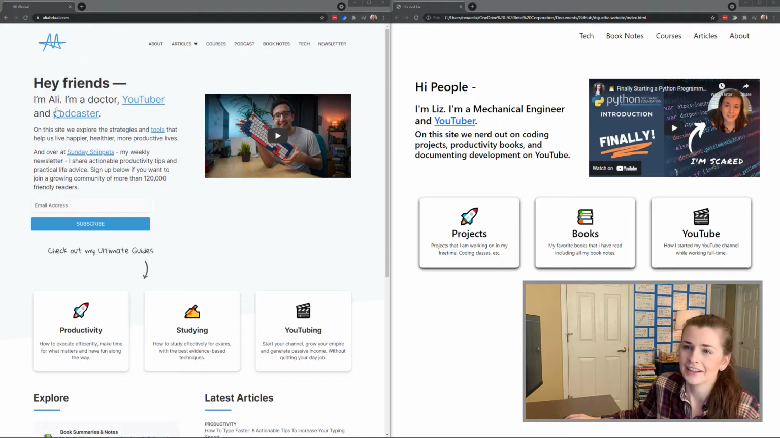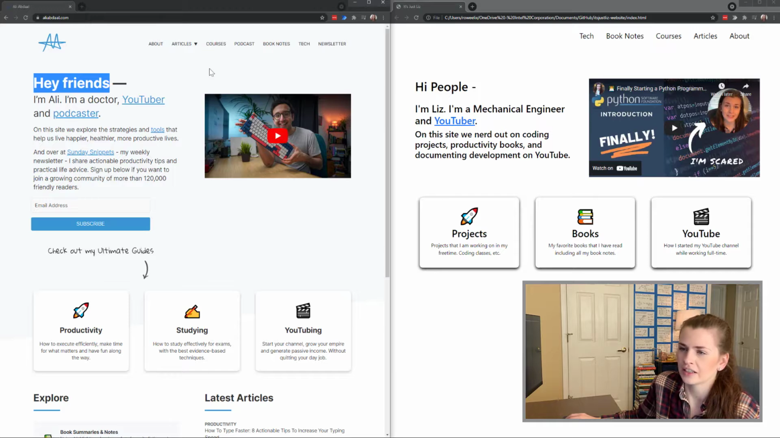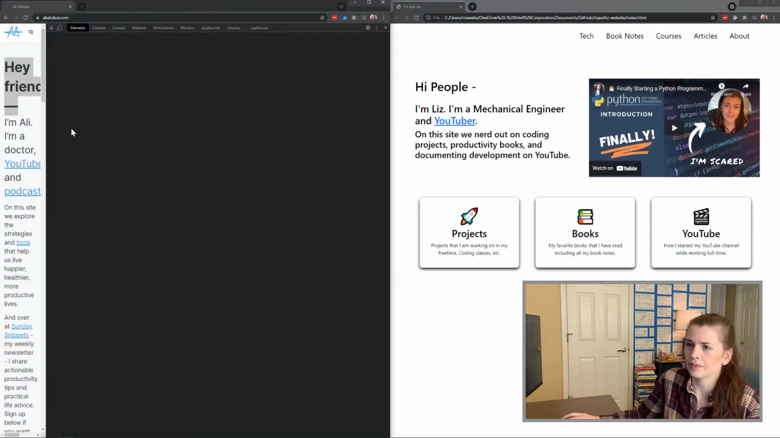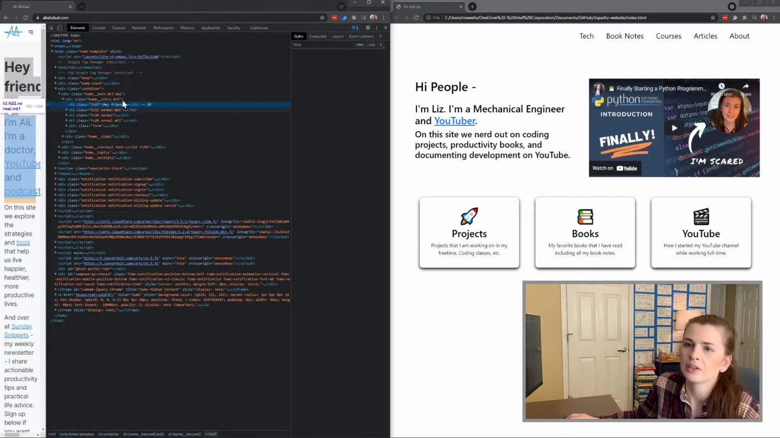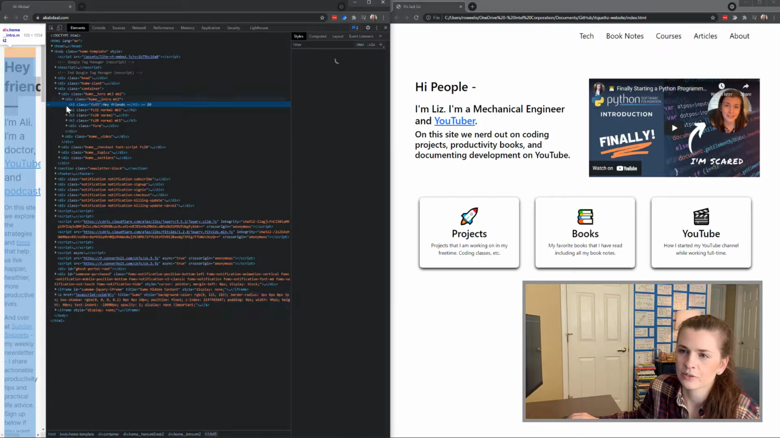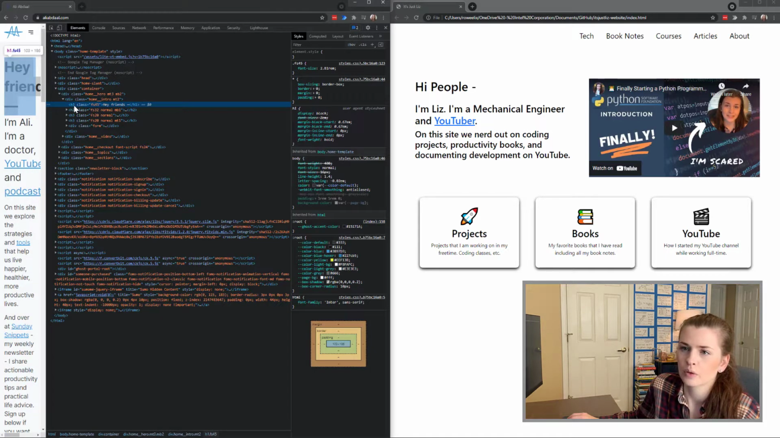So basically what I've been doing is, each thing on a website has an element, right? So I will hover over this and highlight it, and then I'll right click and press inspect, and then the code will pop up. And then it will highlight. So this is an H1, which is a heading 1. And then it's got a class of